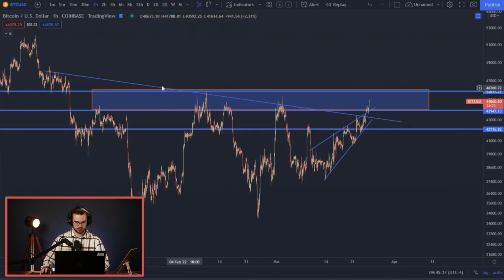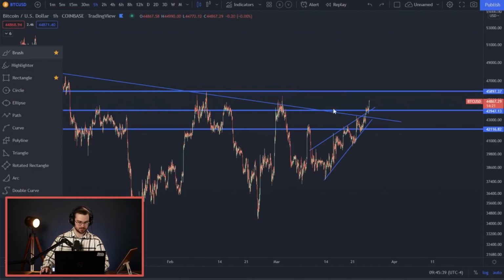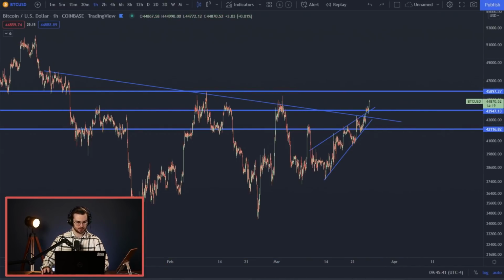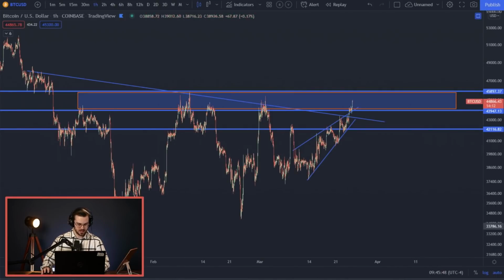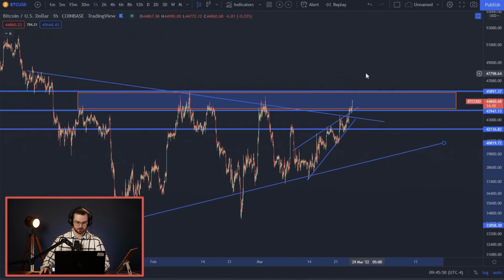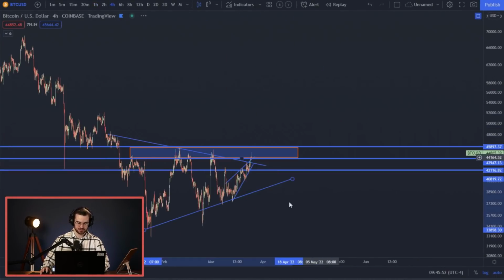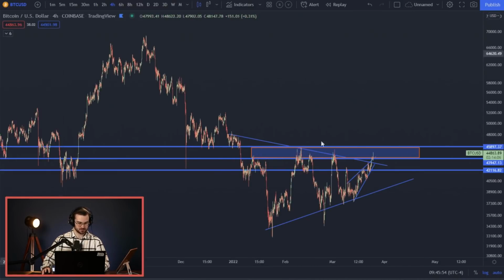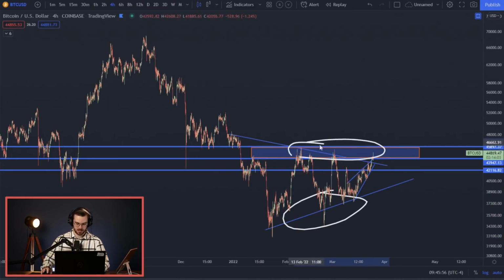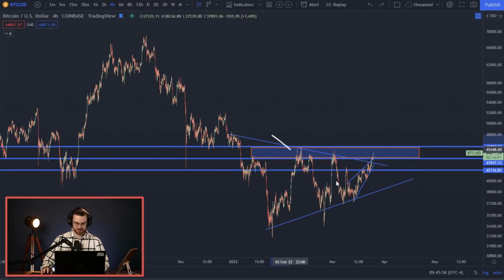I've drawn it as a descending triangle, but actually it's not a descending triangle anymore because we broke bullish above the downtrend right there. What we're looking at now is that Bitcoin is in an ascending triangle pattern with resistance between $44,000 and $46,000, and then there's a rough uptrend right here with Bitcoin sitting inside of this pattern. If we are able to break to the upside, which the higher lows and the similar highs would indicate that we may be able to, this could be a major trend reversal that would lead us in a very, very